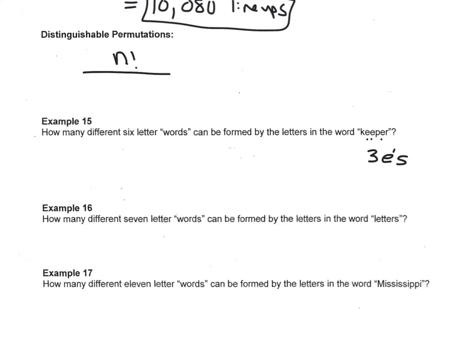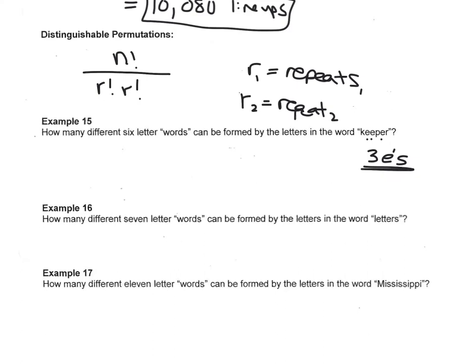So all we do is we figure out how many things are being repeated. We call that R. And it doesn't matter how many there are. There could be 1, there could be 2 repeats. We could just call this repeat number 2. We just divide those out as a factorial as well, because I'm mixing up 3 E's. The reason I said there's 6 different words for keeper is because if I mix up 3 E's, that's 3 times 2 times 1. Okay, so since there's 6 letters total on this one, the answer is 6 factorial over, divide out the repeats,